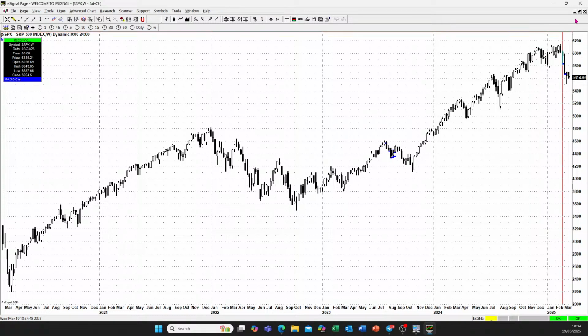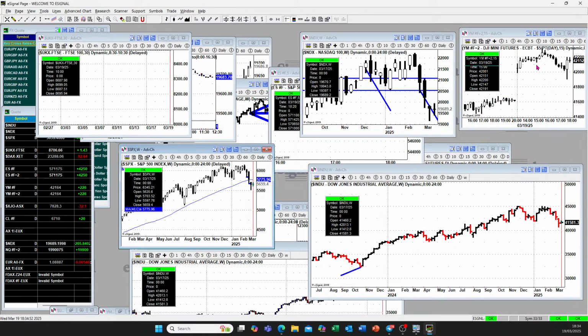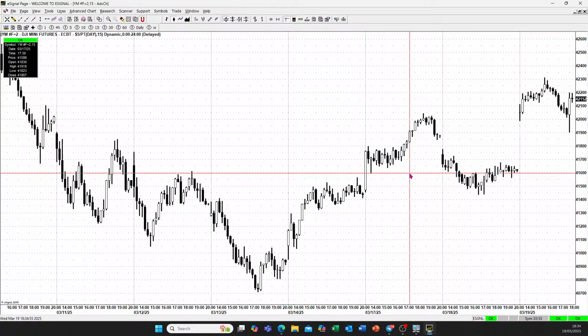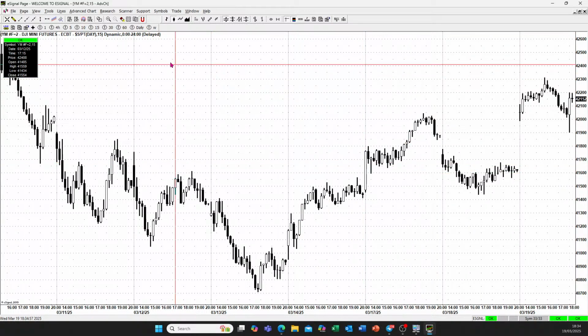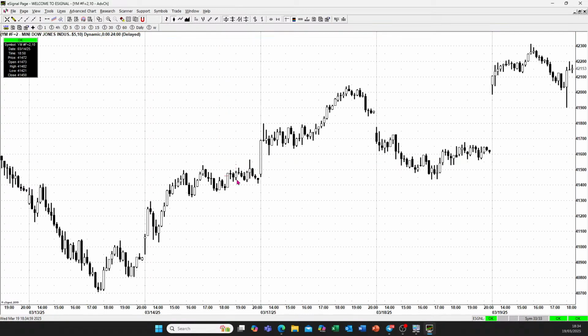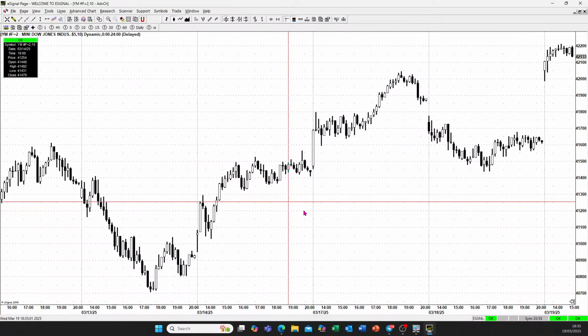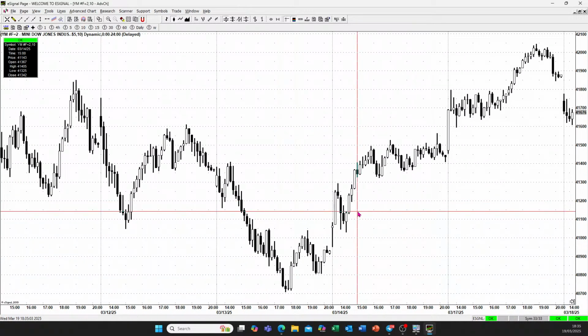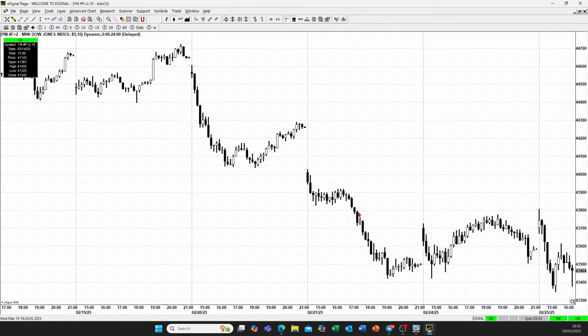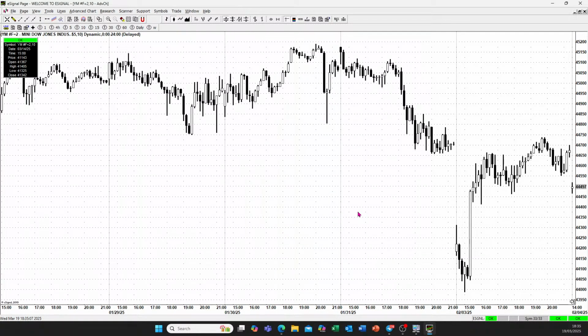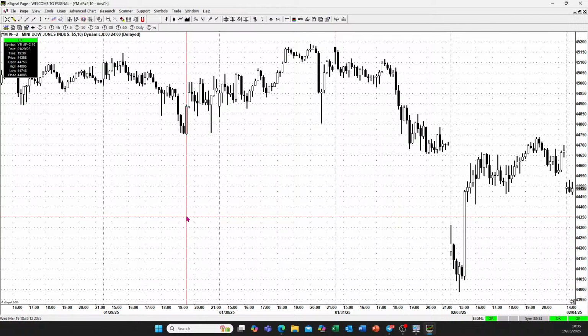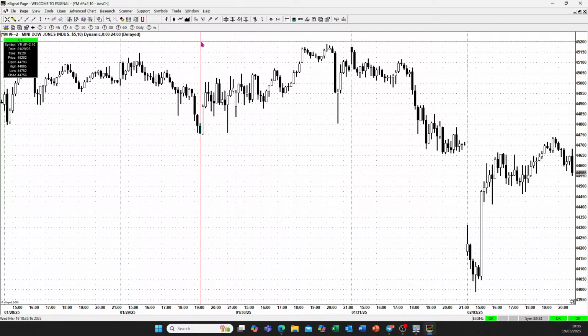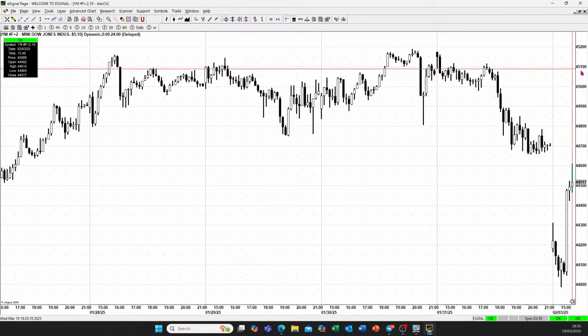So here's a charting package, and I will find the Dow Jones, and I will change the time frame to a 10-minute chart, and I'll go back on to the 29th of January, and I do that here, and if I then zoom in on this day here,